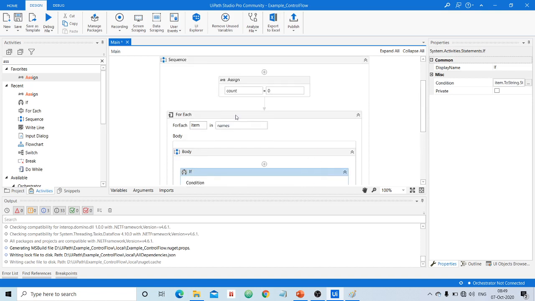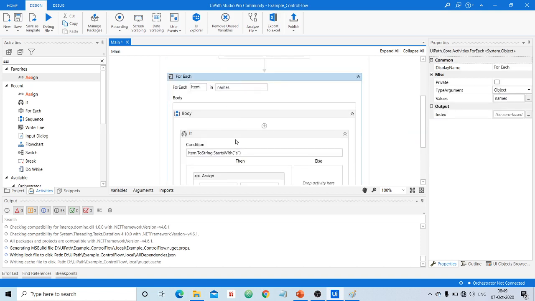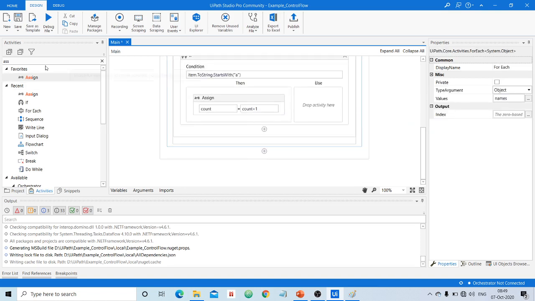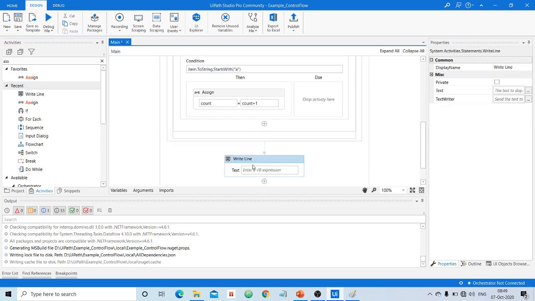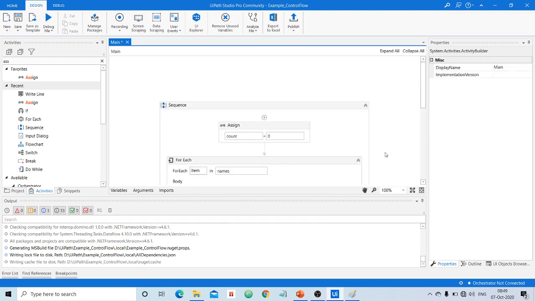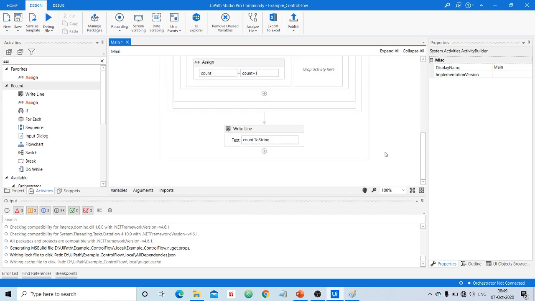Finally, after processing all the items in this array, I don't need assign now, you can write the value of count to the output panel, right? So I hope I completed the requirement.